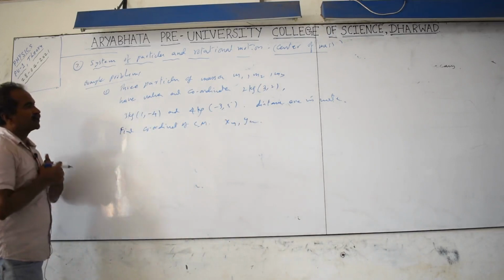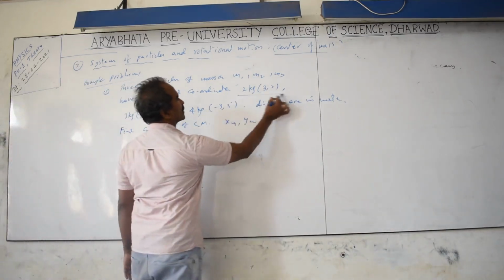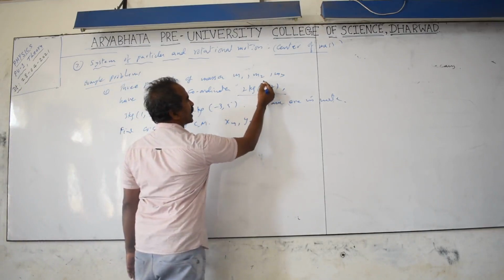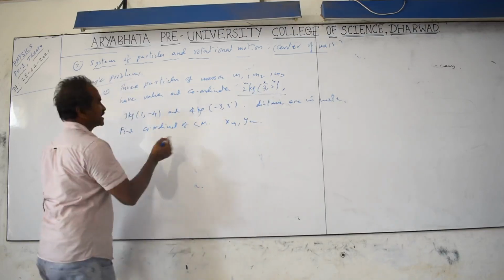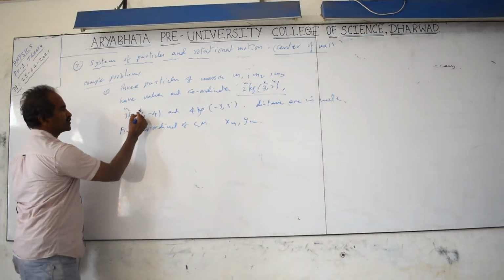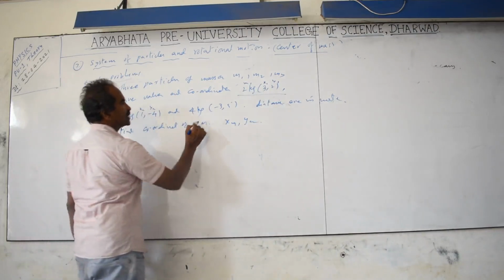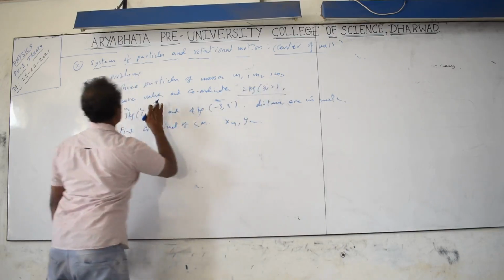In any problem, we require the masses and their coordinates. So the mass m1 is 2 kg, with coordinates x1 and y1. The next mass, in the same order, is m2, with coordinates x2 and y2. 4 kg is m3, with x3, y3. Separately I am writing the values. Answer: